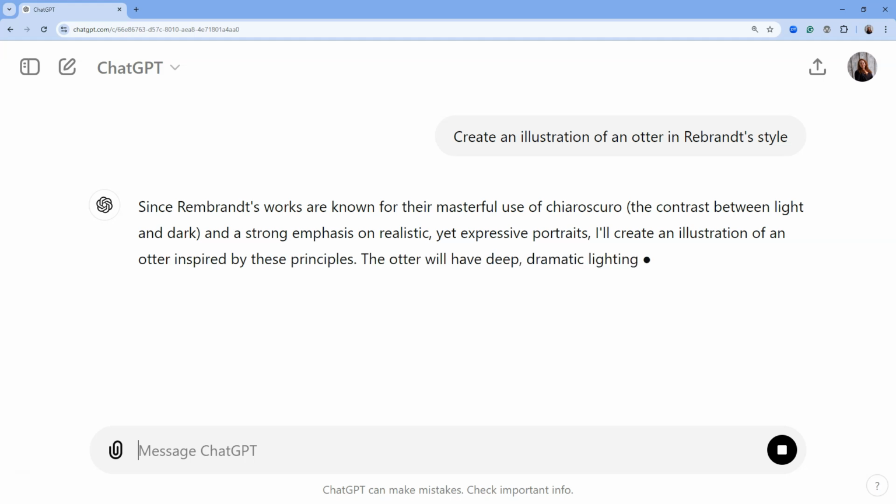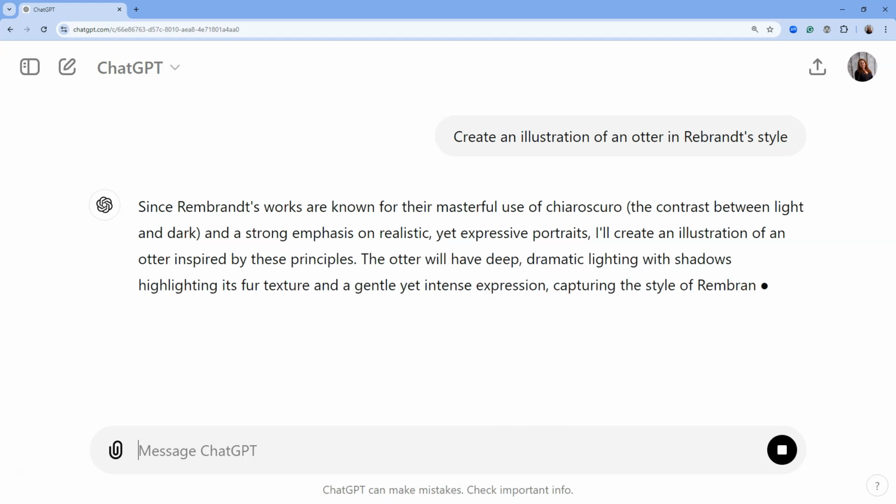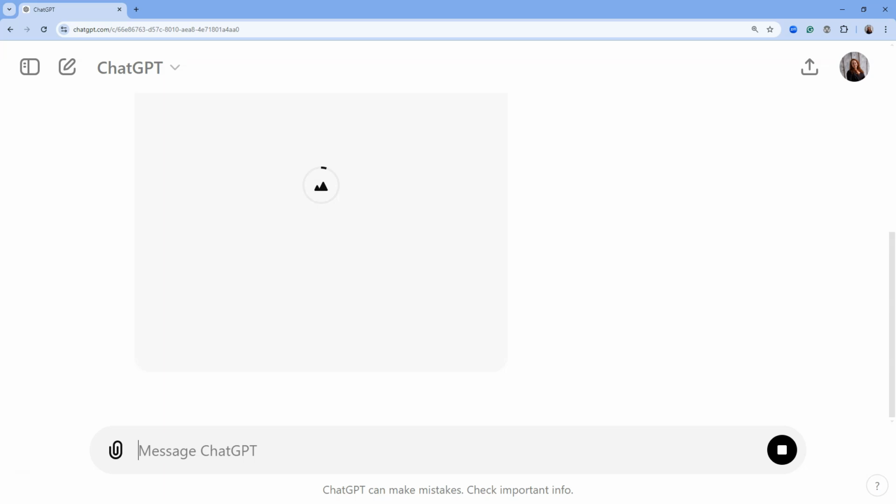Again, if you're using something different, it may be that you can use simpler language like sea otter, Rembrandt style, right? Something like that. The key here is to be specific.